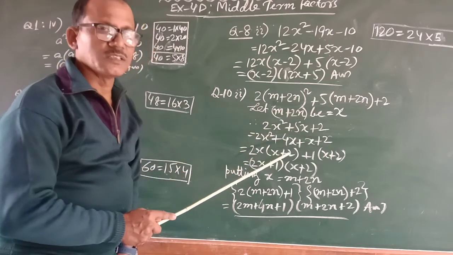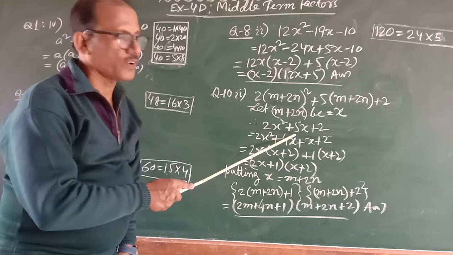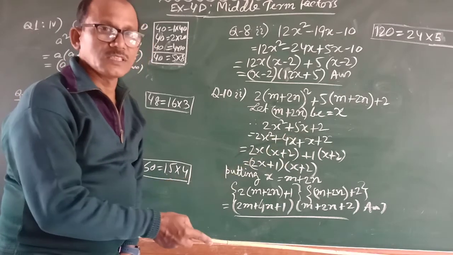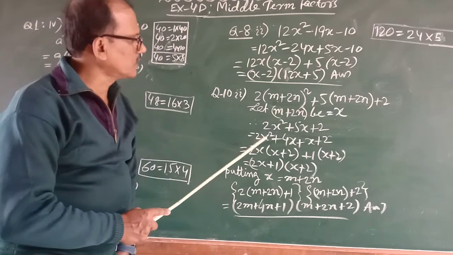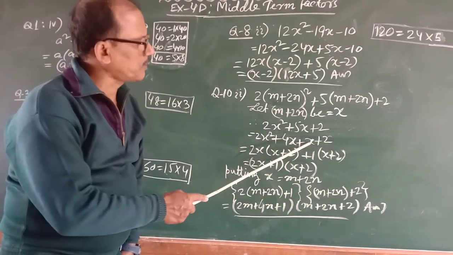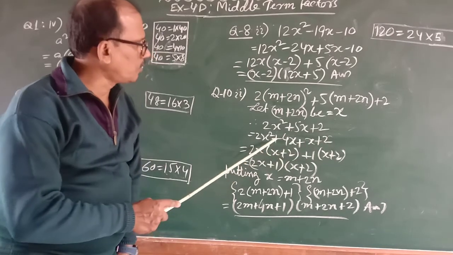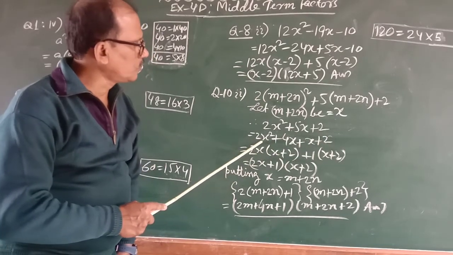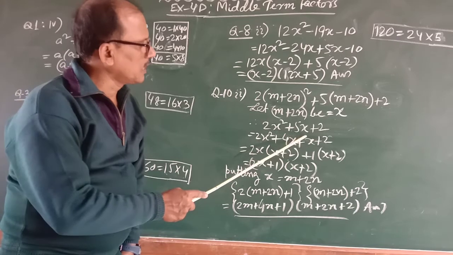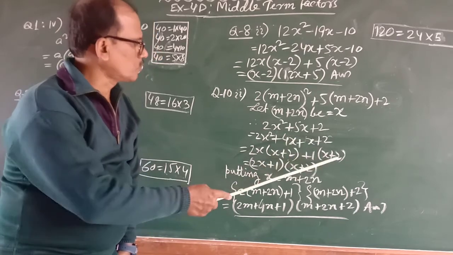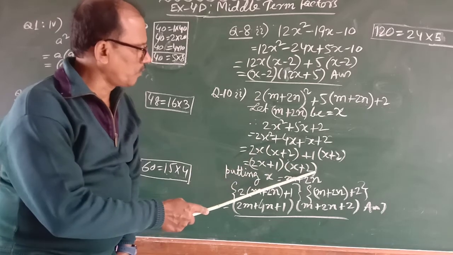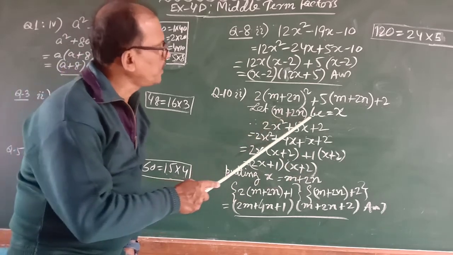4 is split in such a way that you will get 5. So 4 ones are 4. 4 and 1 is 5. So that is what 2x square plus 5x you write as 2x square plus 4x plus x plus 2. Now take common among these two. If you take 2x common, then it will be x plus 2. If you take 1 common, then it will be x plus 2. So x plus 2 into 2x plus 1 will be the solution of this particular